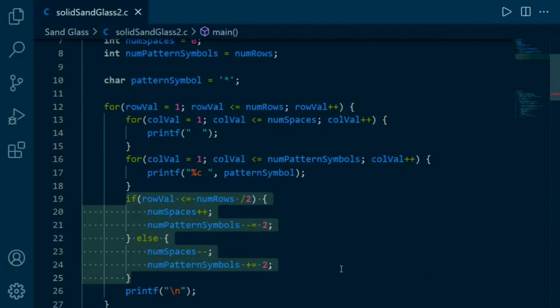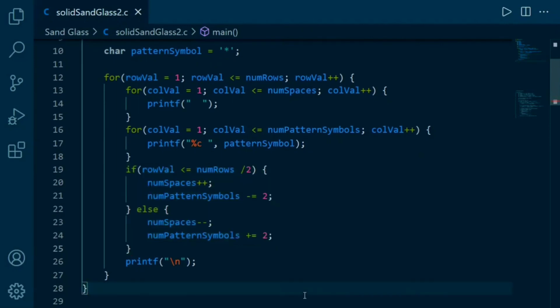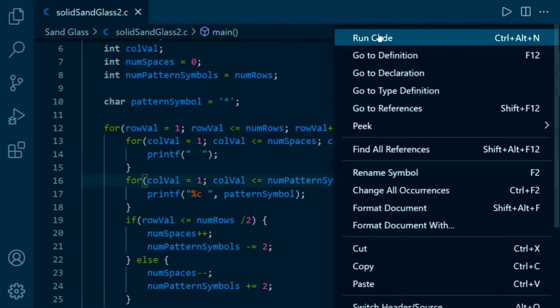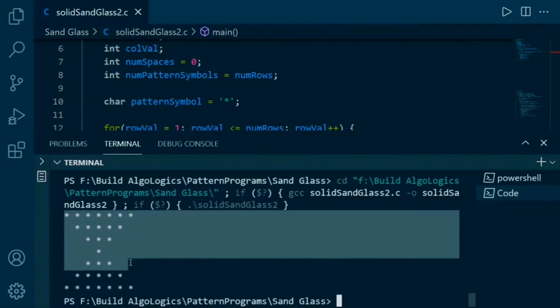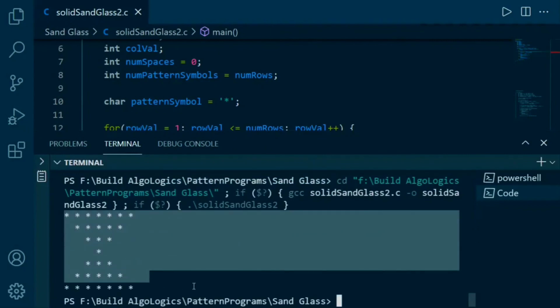We already discussed this condition in our previous tutorial, so now our final code will look something like this. Let's run it, and yeah, this is our second solution for this pattern. And as I said, I am going to discuss some more alternative ways in our next videos. You can also check the 10 plus ways of printing patterns playlist to find more pattern alternatives. Alright, so now let's see our hollow pattern.